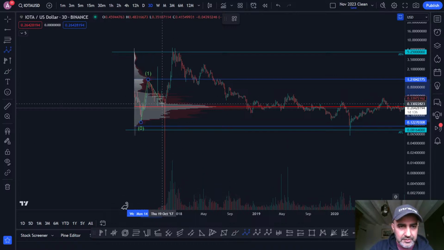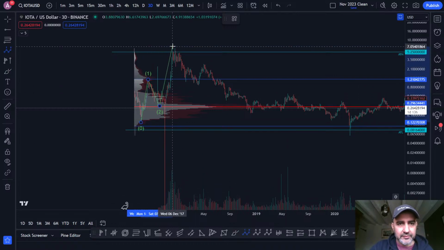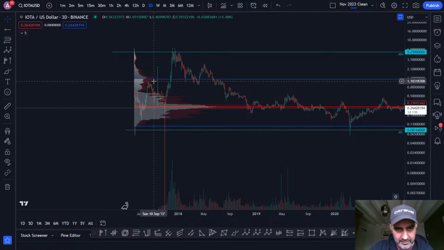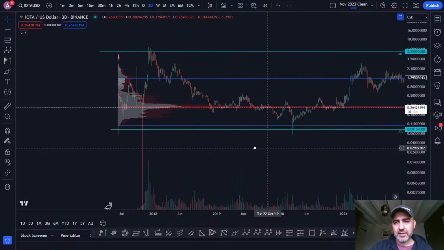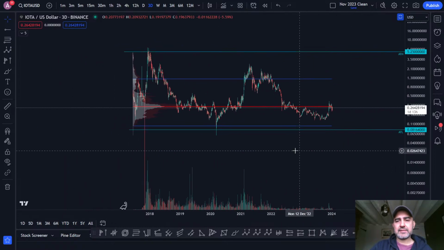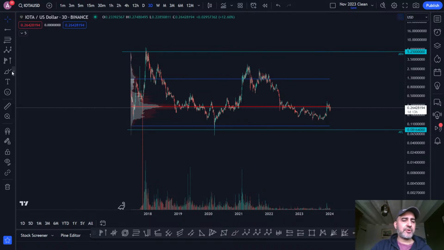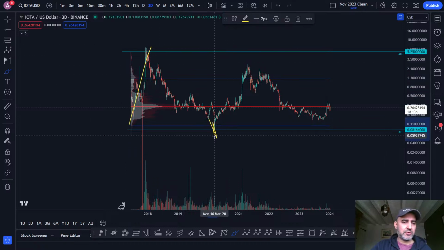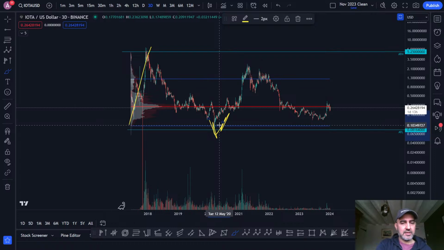1, 2, 3, 4, 3, 4. But then this kind of goes underneath it here. It doesn't really... I don't like it. And then if that was your wave 1, then this is... No, that's not that. Then this... You see, this is the problem. Like, if this was Elliott, this can't be a wave 1 because you made a new all-time low here. Do you see that? So, in terms of Elliott wave theory,